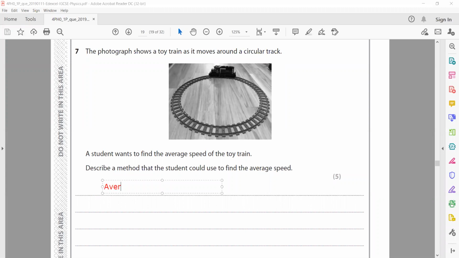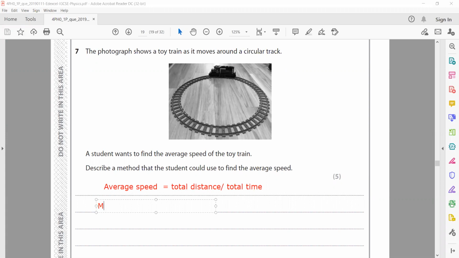We know average speed is equal to total distance divided by total time taken. And how can we calculate the total distance? So there are different ways. We can measure the length of a track and multiply it by the number of laps, or what we can